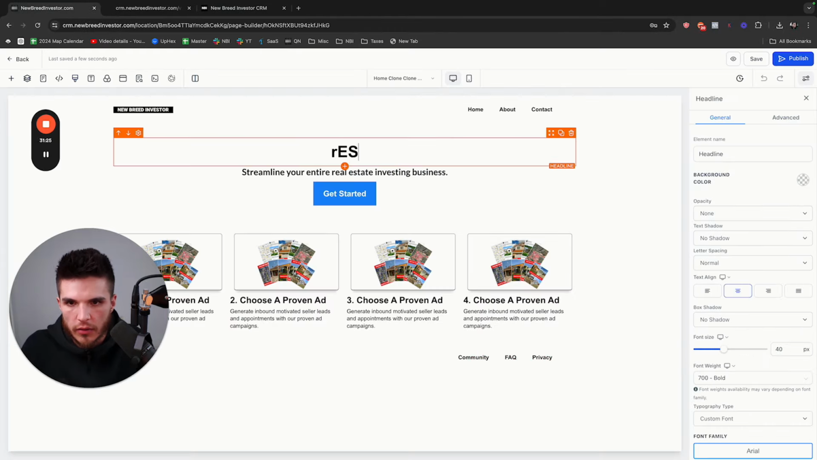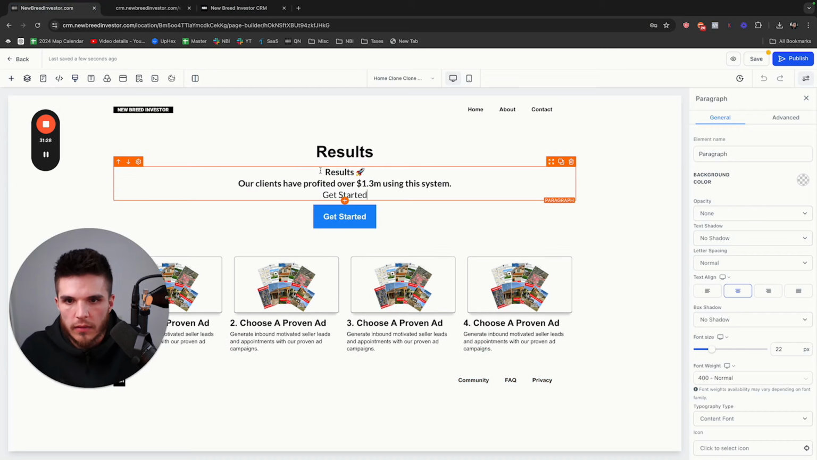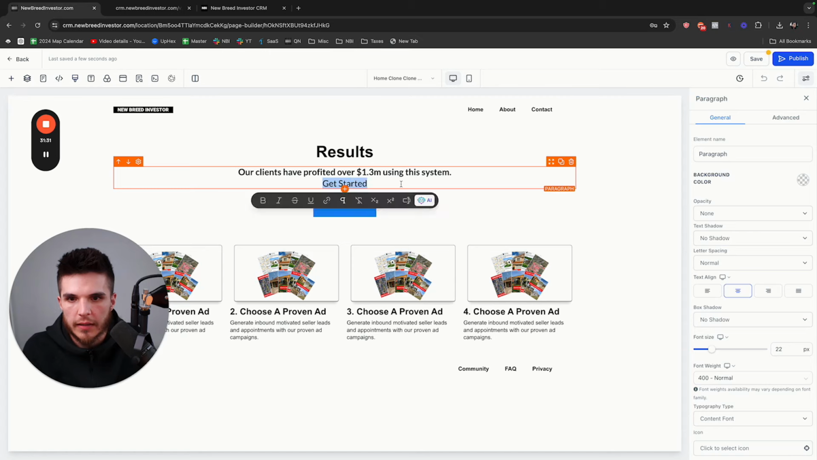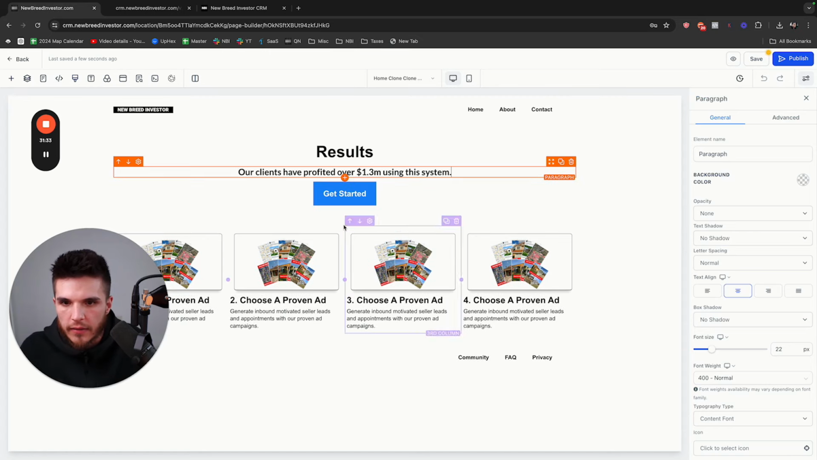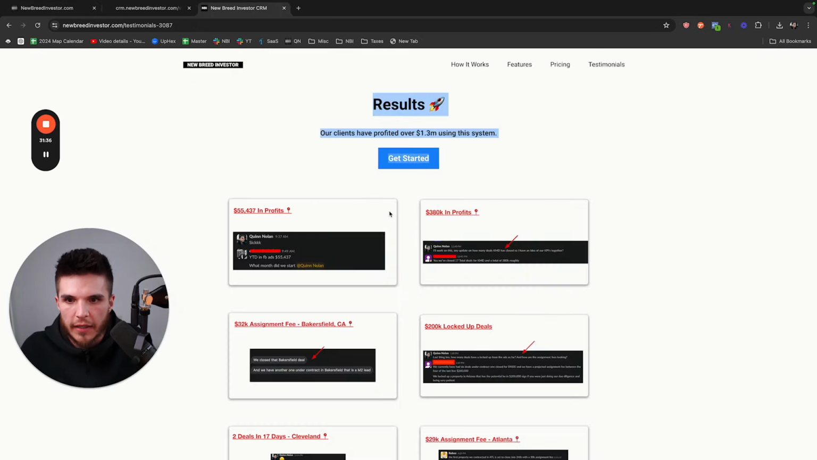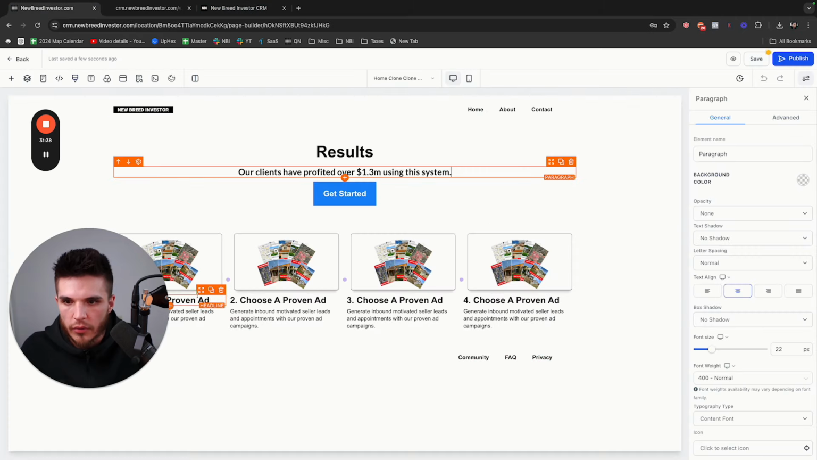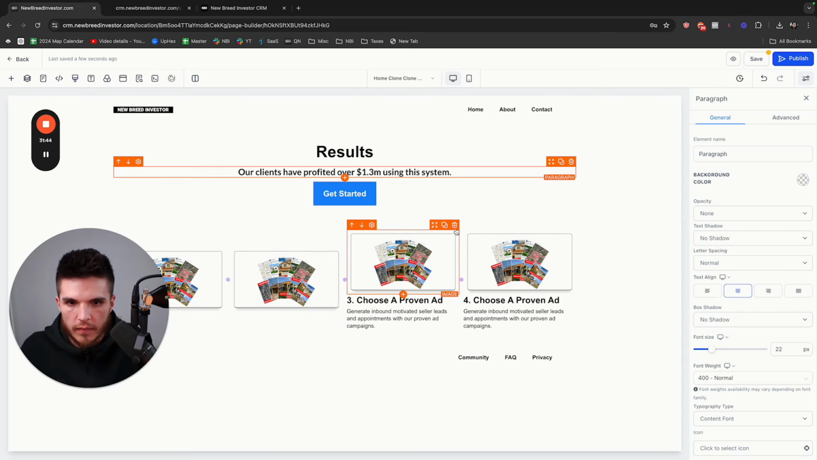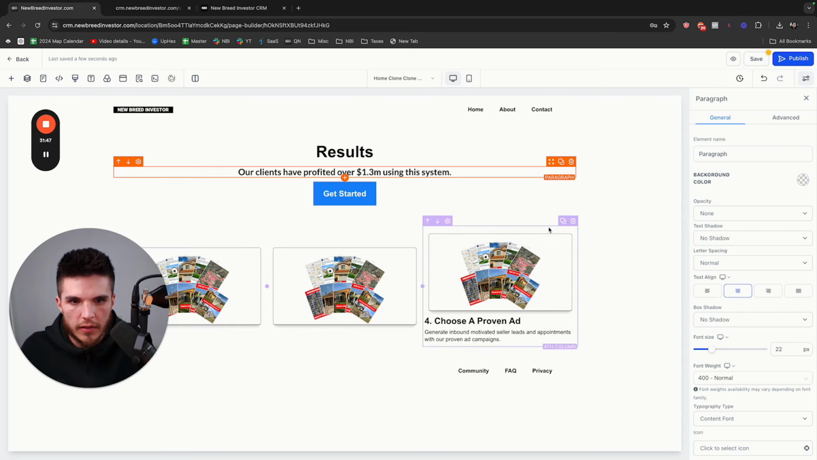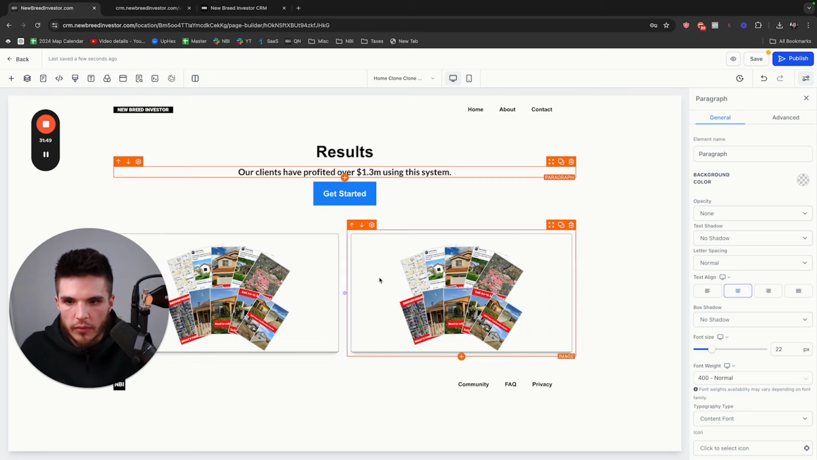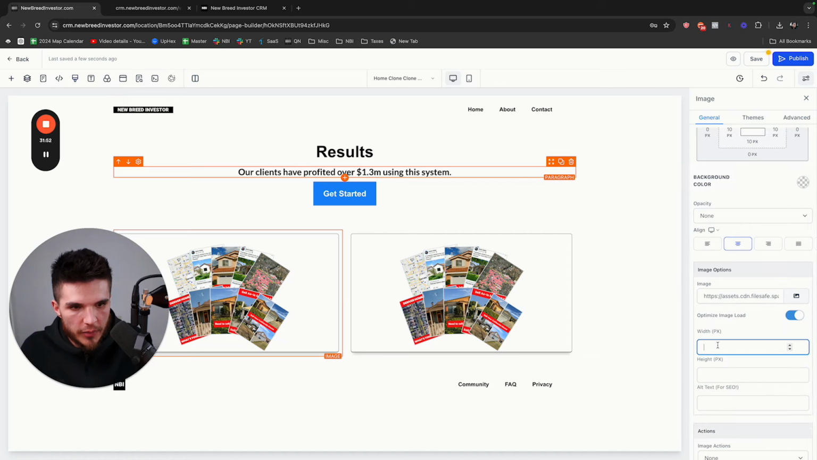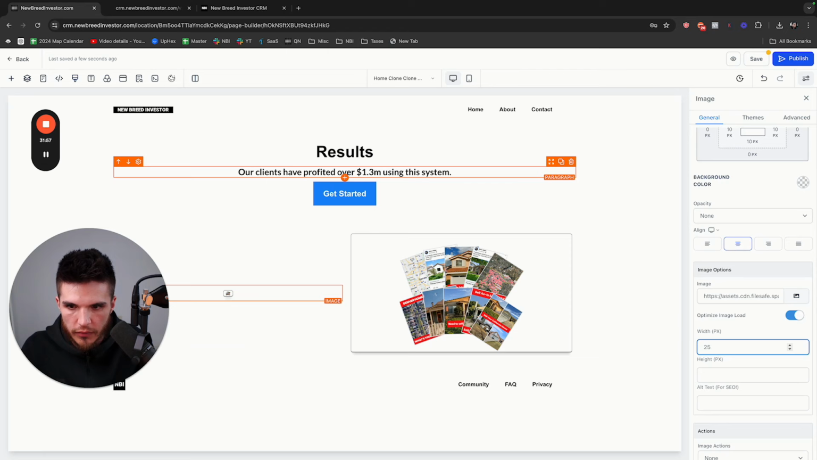So results, paste this in like that. And then right here, the only difference is we only have 2 columns and no text, so just delete these. And then you can actually delete this right there. Boom. So here's your images. These are a little bit bigger than I think I have on the actual site. So maybe let's do